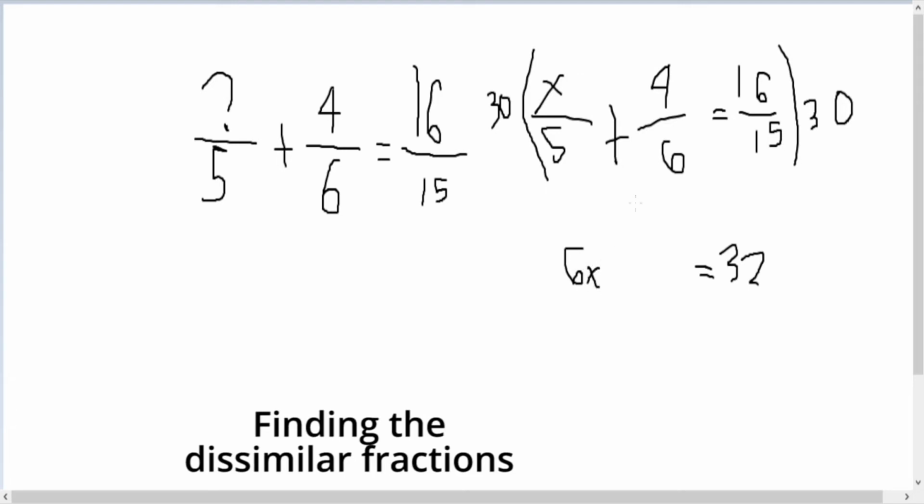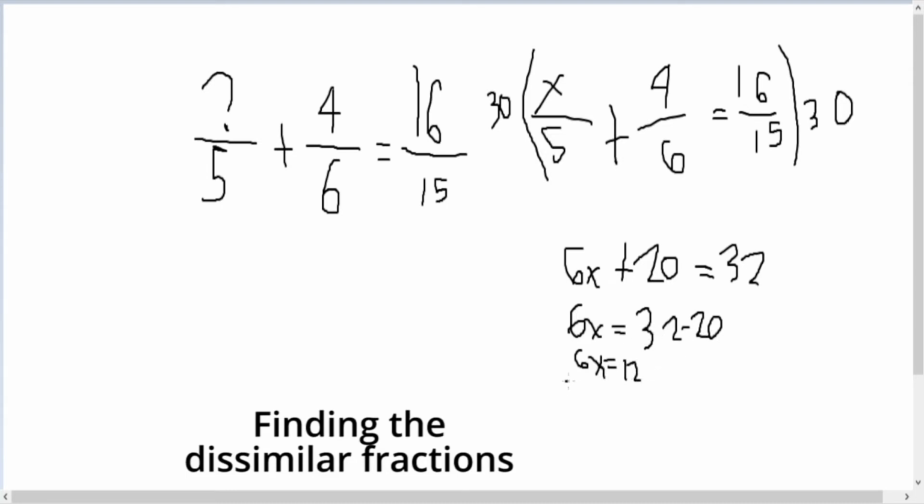Okay, so now you have to continuously divide until you get the equation. Okay, so now 4 times 5 is 20. Okay, so now mine is 6x plus 20 equals 32. Okay, so now you need to transpose this. Okay, so now you put 6x equals 32 minus 20. That was said earlier. Now you need to go back to your introduction that you said below. Okay, now you'll get